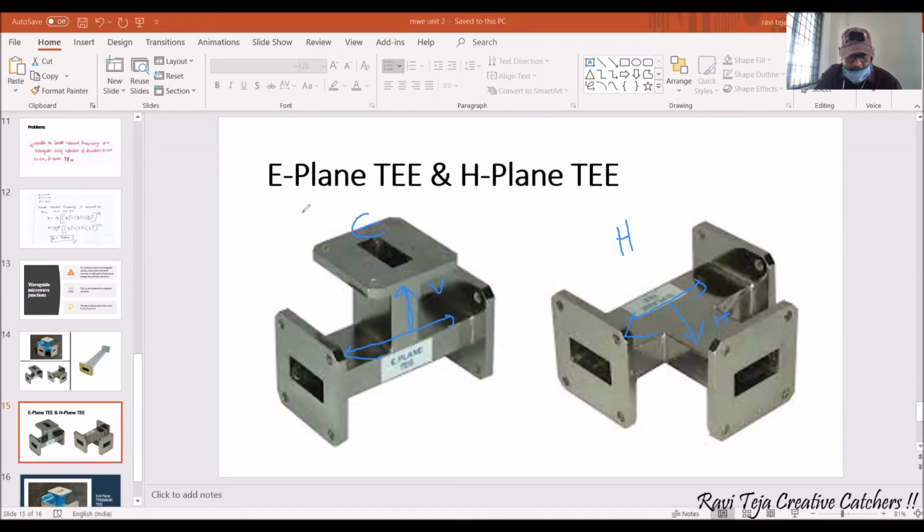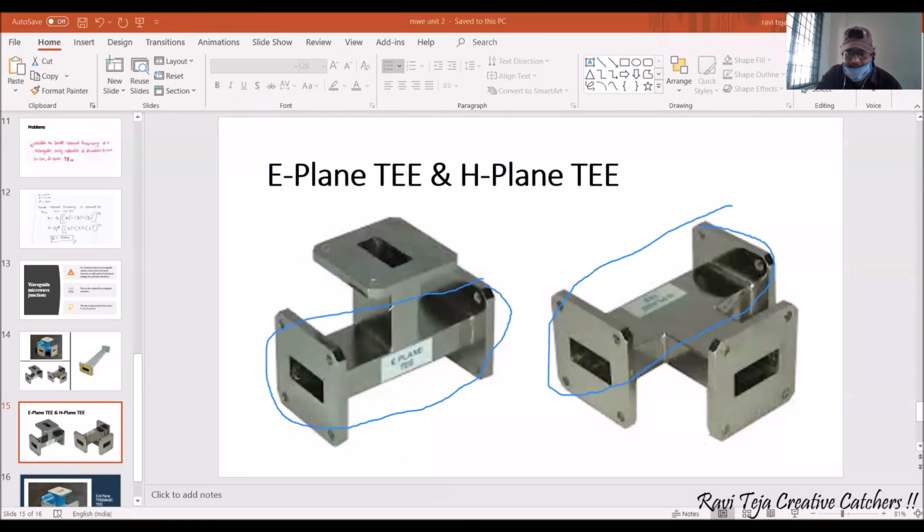Take this plane and I will put it on this one. What happens? If you see this port and this port, they look the same as this port and this particular port of the H plane. What I will do is include these two T's as one. Do you understand? Instead of designing these two T's separately, I will design these two T's into only one module. This particular module is common for both. See here clearly.